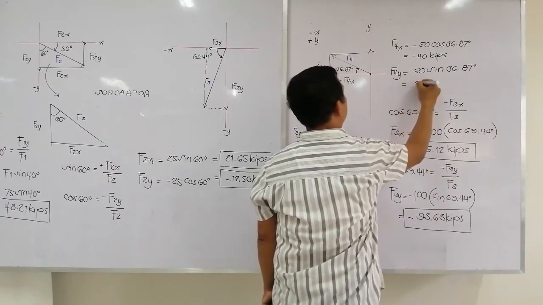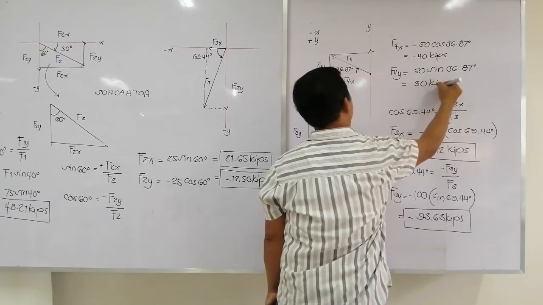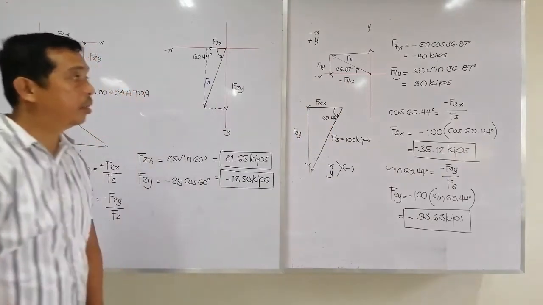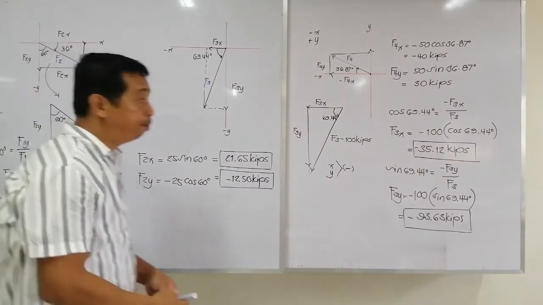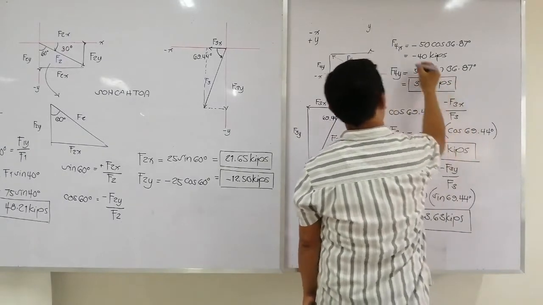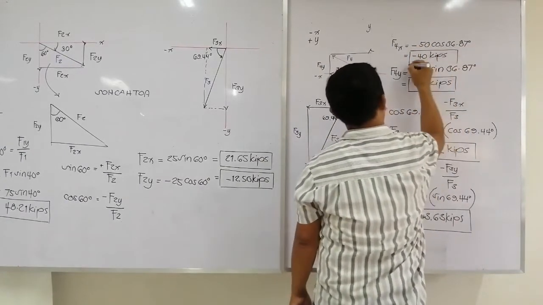Makukuha mo doon 30 kips. So, now that we already have the X and Y components of the four vectors,